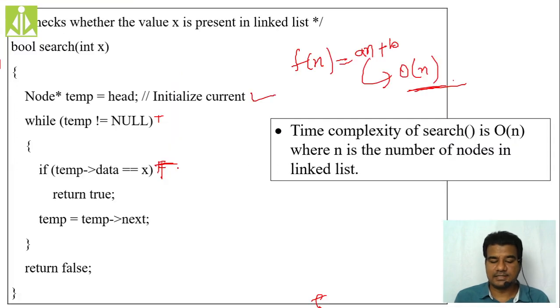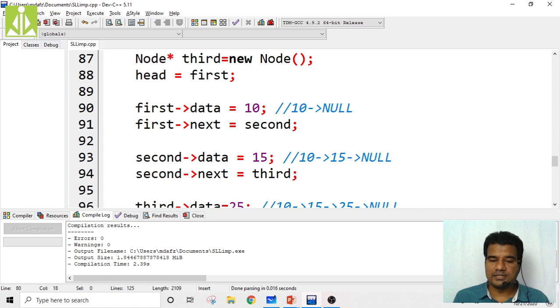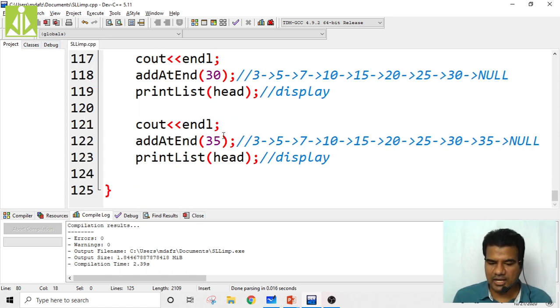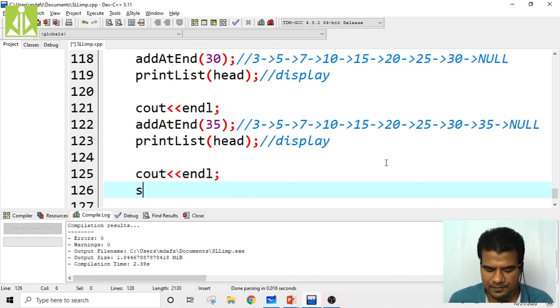The same thing we have done. Then quickly go and, after this entire entry, search with cout endl. We are searching for 15 in the linked list.